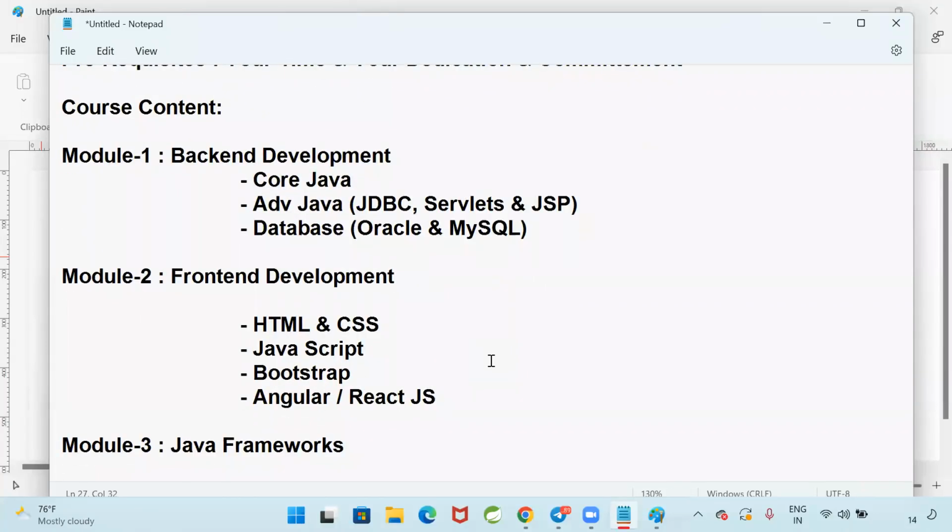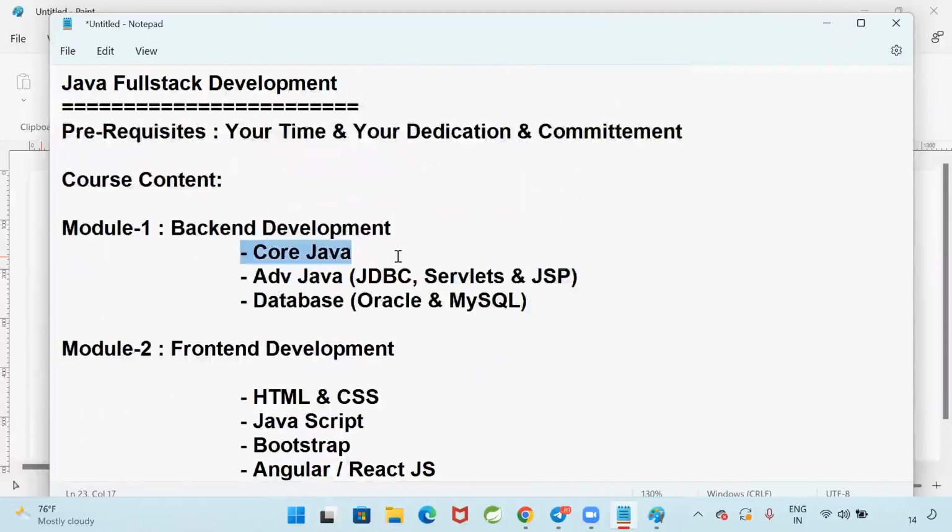It took me 1.5 years to learn Java because, due to lack of proper guidance, I did core Java first. After core Java was completed, I did advanced Java. My faculty took JDBC 3 months, servlets 3 months, JSP 3 months. Pura time waste ho gaya. At that time, I didn't know. I don't have any friends who are working in IT. To be frank, at that time, smartphones also were not available. 10 years back, this much maturity, these many resources, technology is not available. So that's why we spent 1.5 years to learn Java.